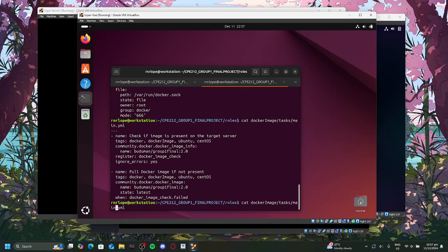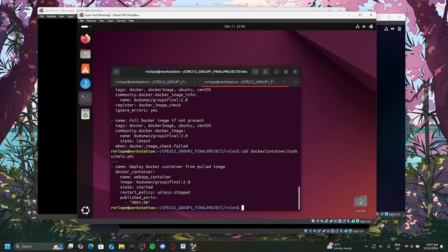And for our Docker container role, it has only one task, that is to create a container based on the pulled image. We have named our container webapp_container, and we publish it to port 9091.